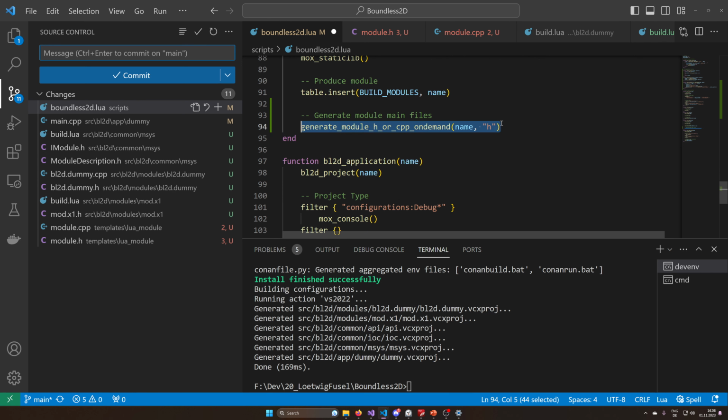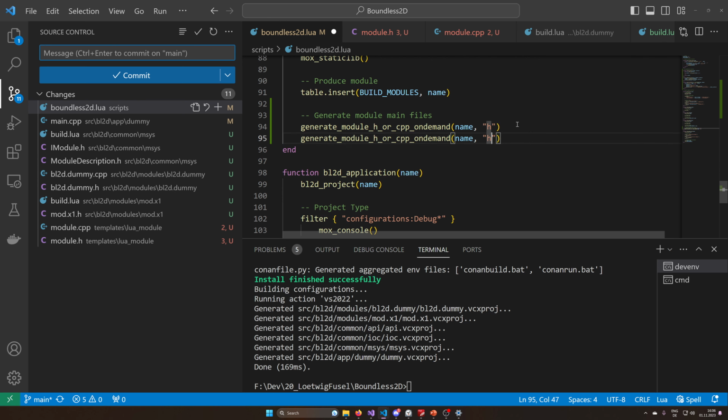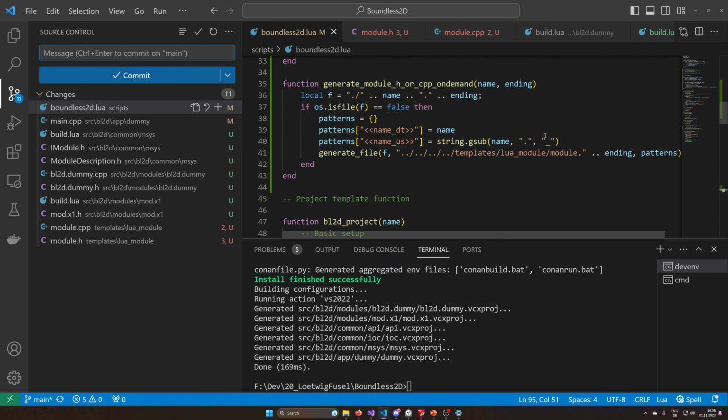And then I can do this for H, and I can do it for CPP, and then it should generate these. Now the only thing is the gsub. That's still a problem, because basically dot means any character, and this is replacing any character with an underscore, because it's like regex. And I think we need to do that. Not quite sure, however, how